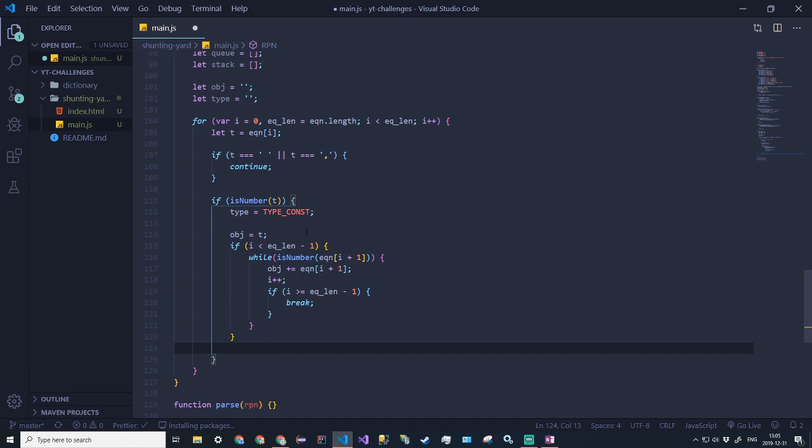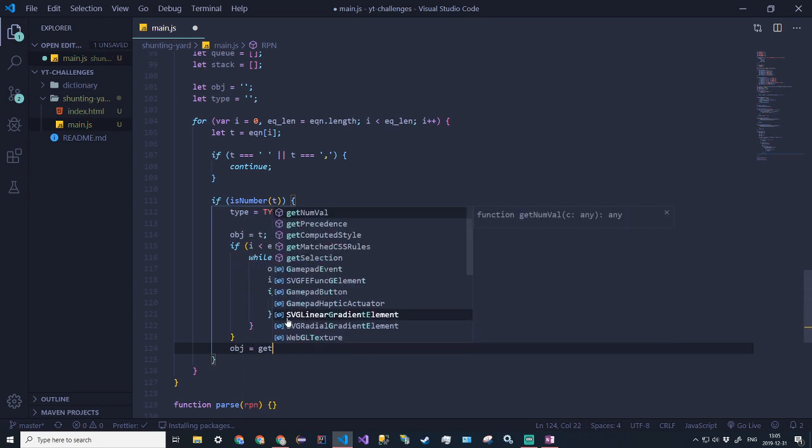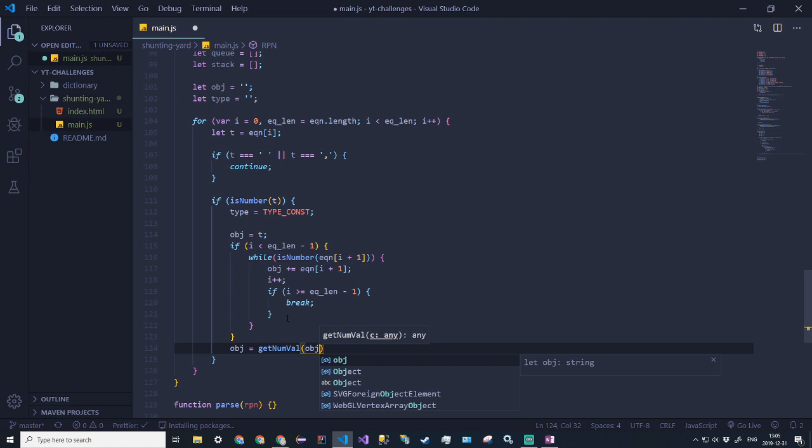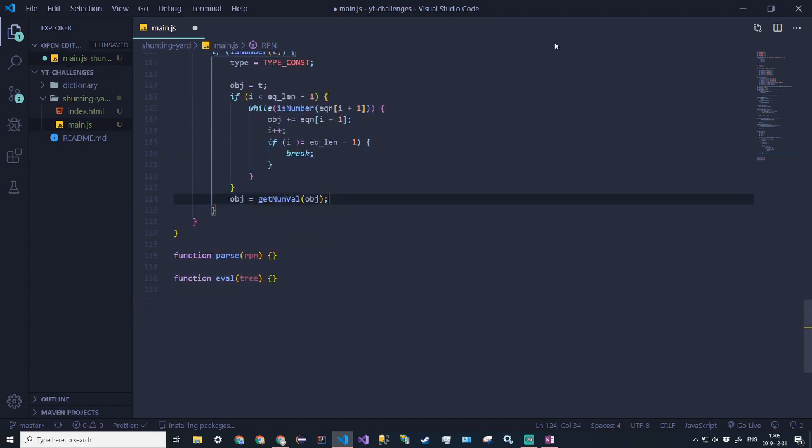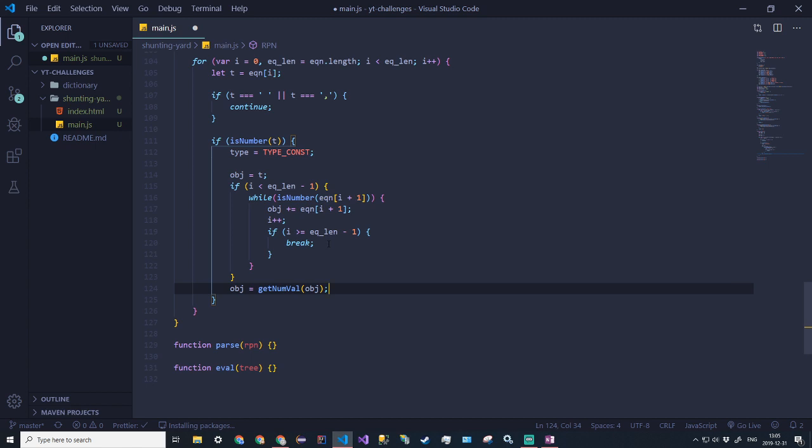Alright, so once we have added all the tokens to it, remember all these are still a string, so we just have to get the number value. So object is equal to getNumVal of object. And JavaScript, once again, is great because the types are dynamic, so we can convert this from string to number within the same